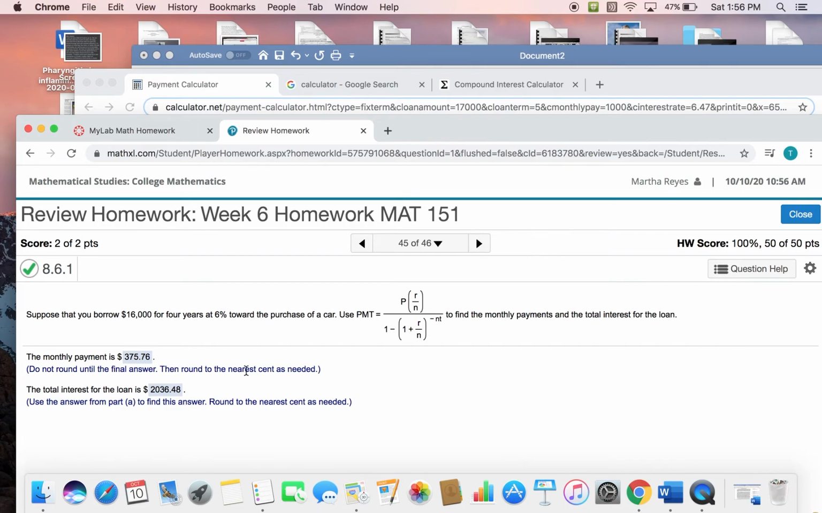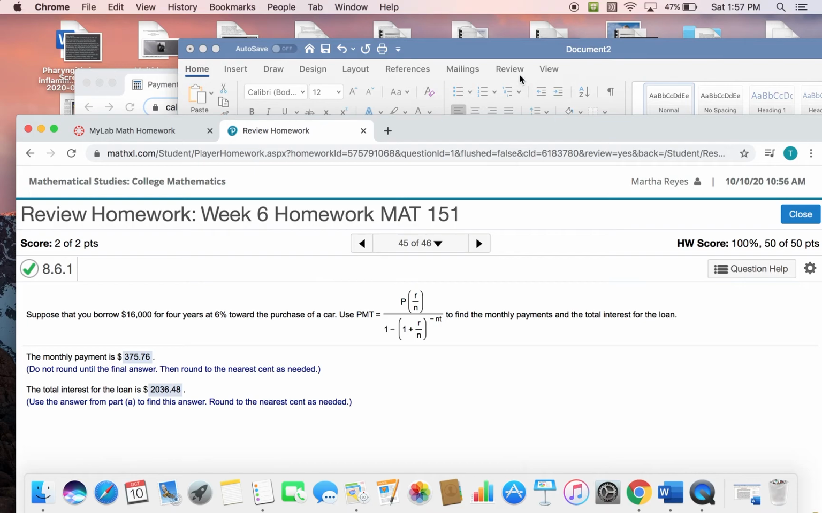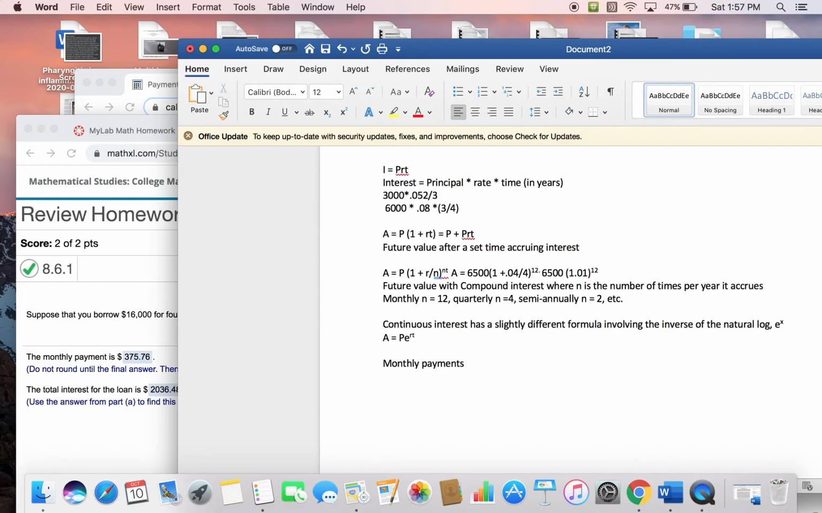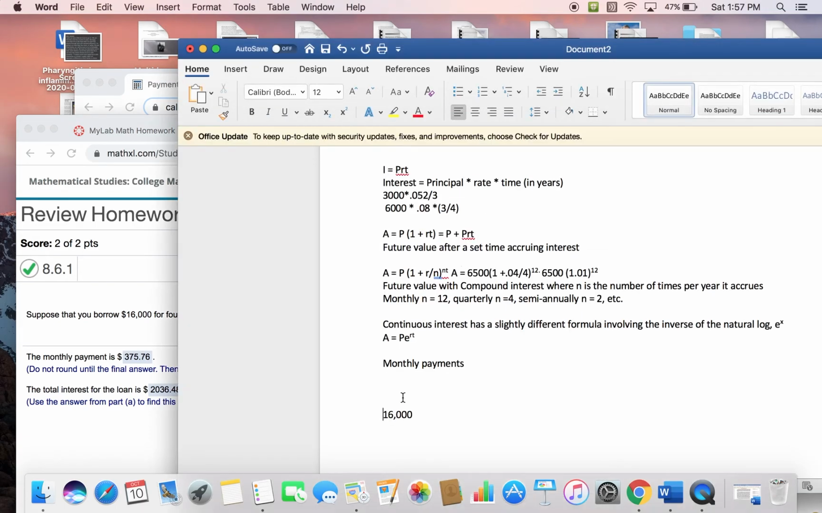How on earth do you figure out the total interest for the loan? From this point, you have to take $16,000, okay? So $16,000 was the principal, okay? So let me just go here. $16,000 was the principal amount. We know that there were 48 months and that we figured out the monthly payment from this equation was $375.76. So we take